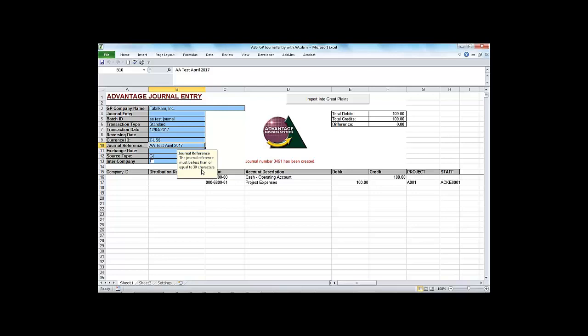It will trim that to only put in the maximum it can allow. If you're using the standard intercompany module with Microsoft, then this spreadsheet will also support that. So you would tick the box for intercompany, which then enables the company ID field. We can also enter our distribution references here. So if I say this is line 1 and this is line 2,